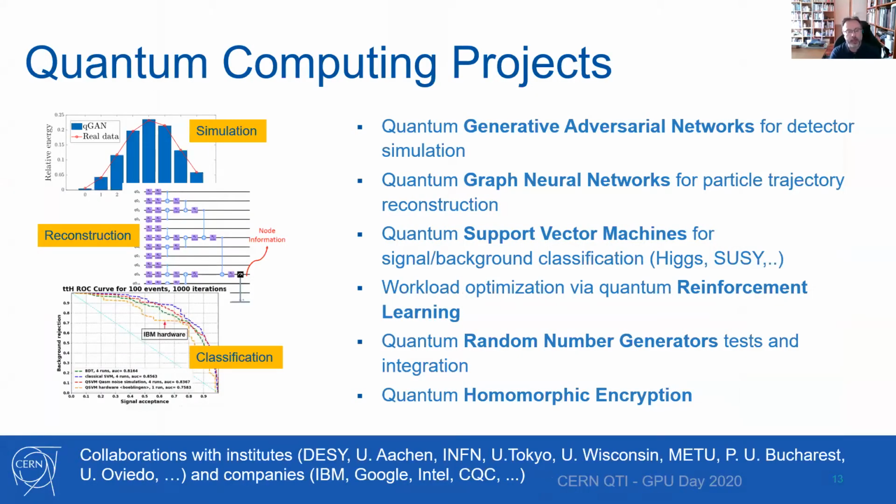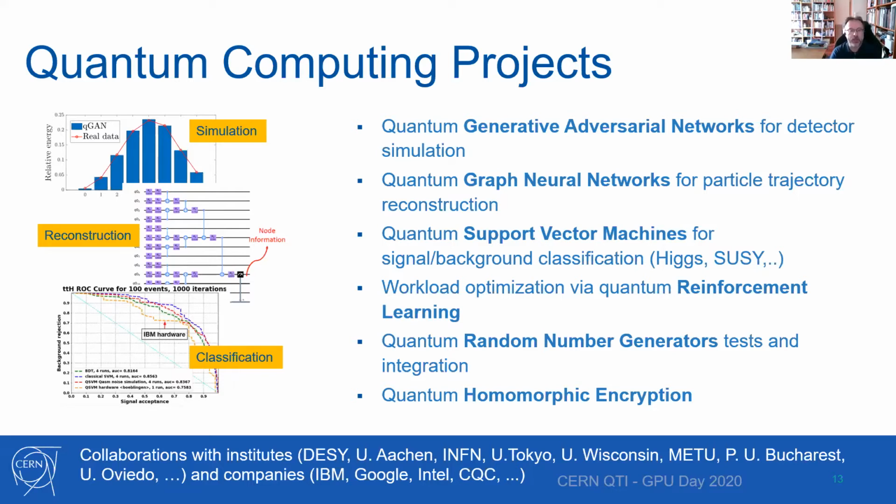So as I said, our main objective in quantum computing is to explore, especially, the space of quantum machine learning. And we have started a number of investigations on different types of networks, of deep learning approaches, to explore the different workloads for simulation, classification, reconstruction, and so on. And we are looking also at possible application of true random numbers, to see whether, for example, using these numbers might give advantages in certain classes of problems, so for seeding, track reconstruction, or for Monte Carlo models, for example.